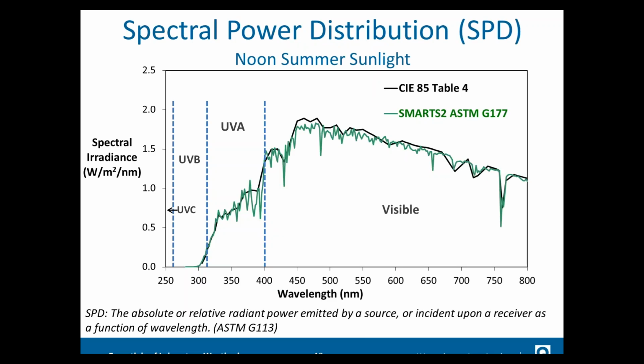So what we have here is a chart that shows a couple of standards that determine a lot of the weathering testing information that we use in regards to light. Both CIE 85 and ASTM G177 are standards that express the noon summer sunlight spectral irradiance. And what we're really focused on for noon summer sunlight is this is the worst case experience that a